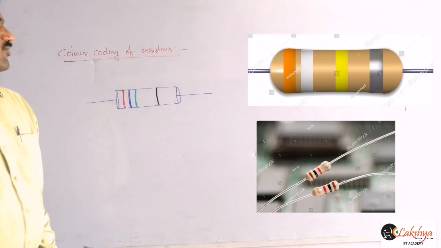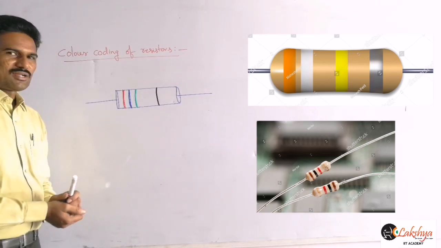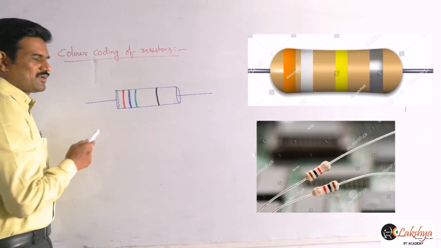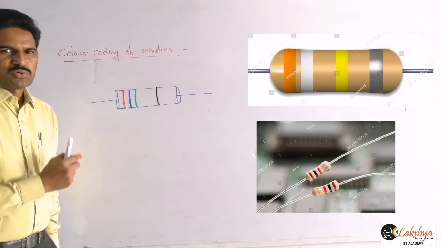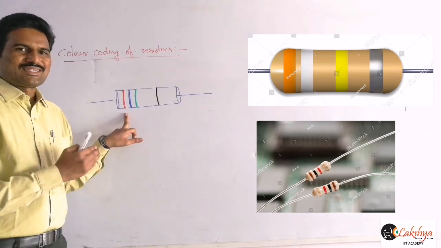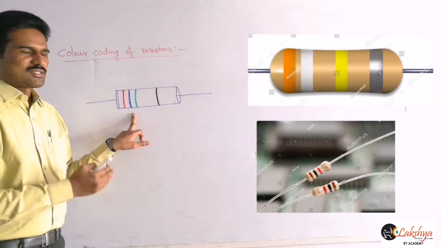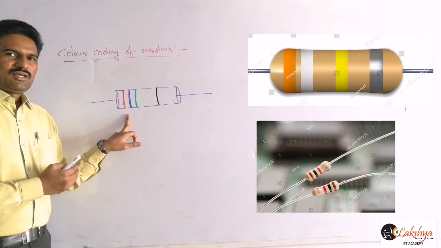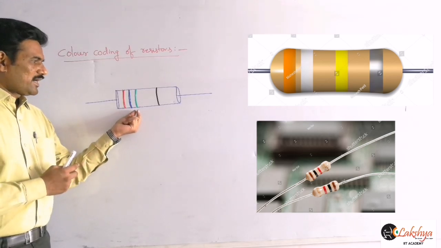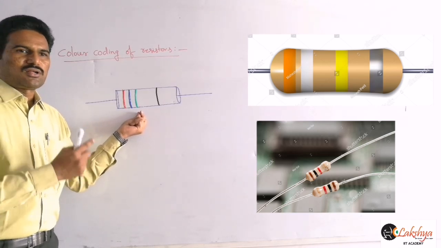These are the general representation of the bands on a resistance. Now the first two of these bands represent the two significant figures of the resistance value, right? There will be some value for each color here, and I will explain what those values are now. So for each color there will be some value, and the first two will represent the first two significant figures of that resistance. The third band will represent the power of 10, the multiplier or decimal value.